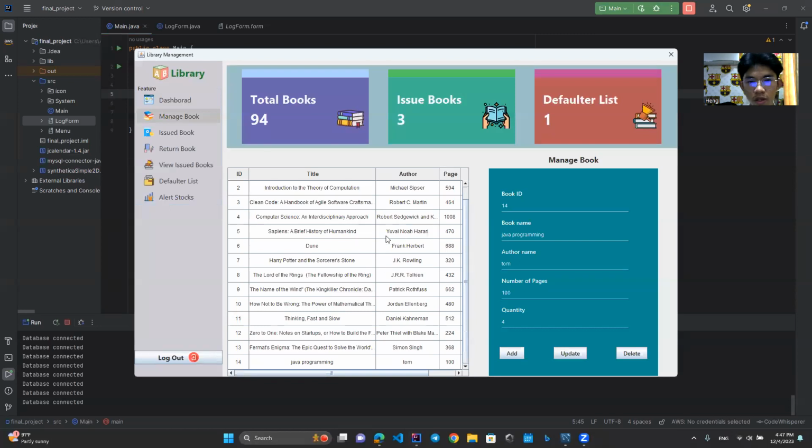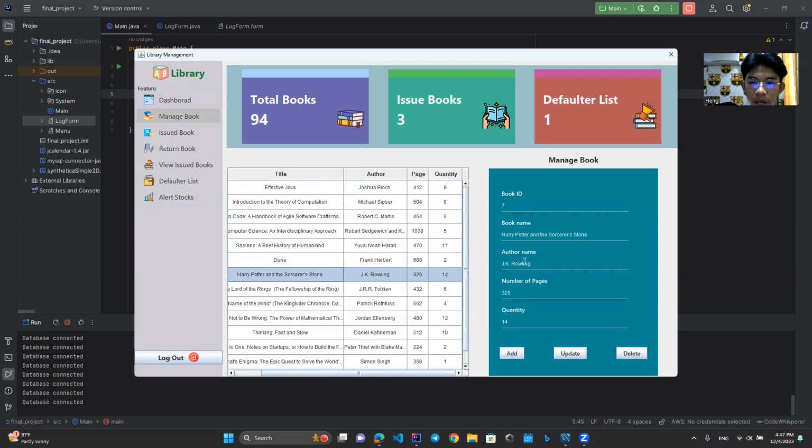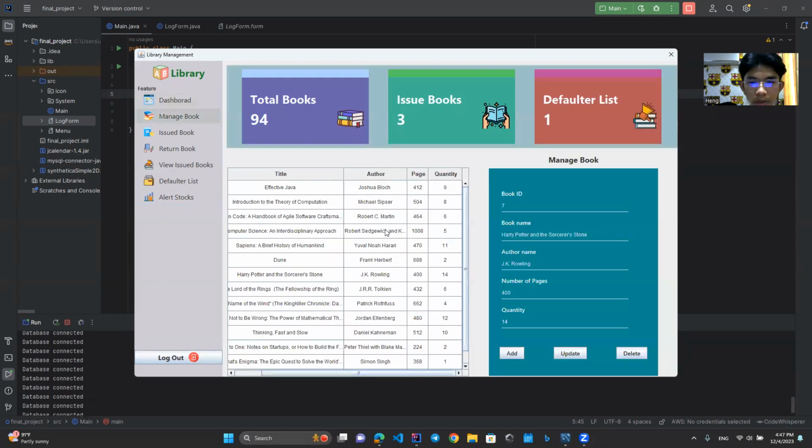And as you noticed earlier, the book is 90 and now it's become 94 because we add 4 more books into the library. So if I want to change, if I click any of this book, it will show the detail of the book here, like here. So if I want to change the book name, quantity, I can do all of that as well. So let's change the book page. Let's say I want it to be 400. So if I click update, and when we come back to see again,